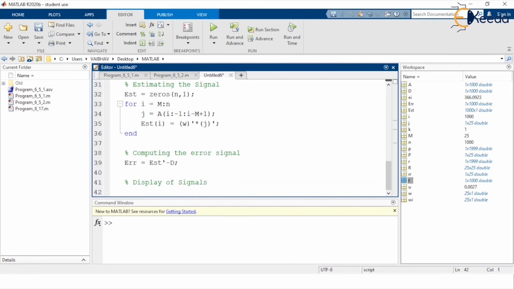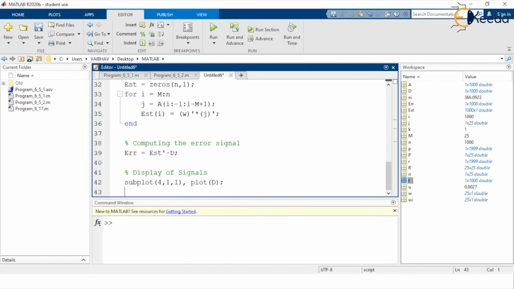So again let us make use of subplot, and in this subplot we expect 4 rows and 1 column. For the first cell, the assignment is by the MATLAB keyword plot, and as the first signal, the desired signal, the input argument is capital D. A separate title to this cell, within a pair of parentheses after the keyword title, and inside a pair of single quotes I mention desired signal.